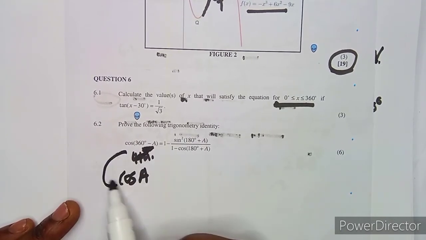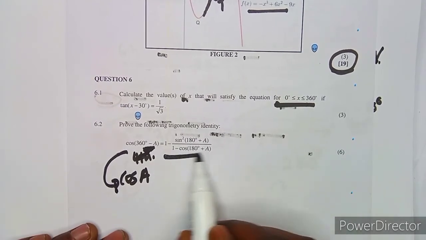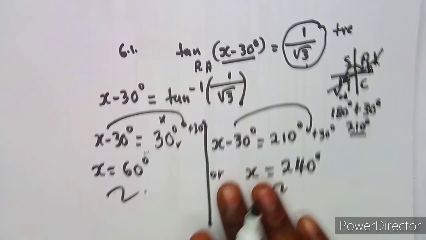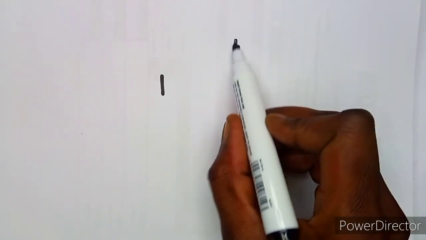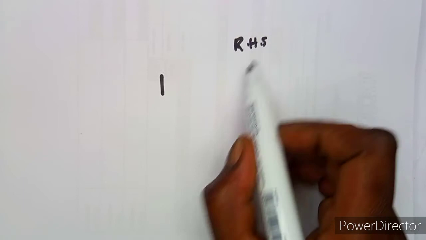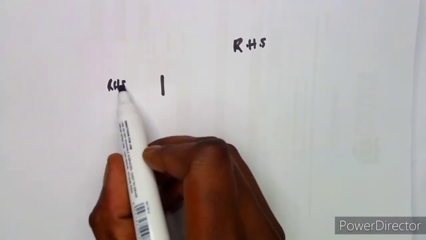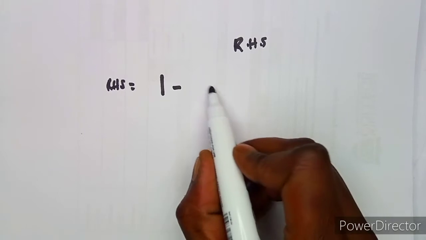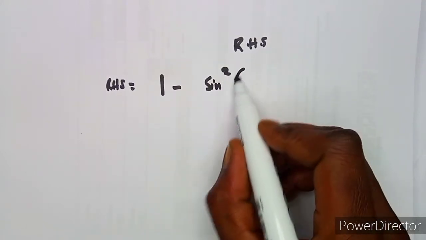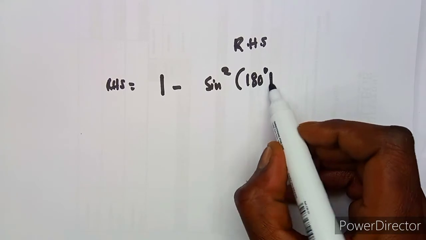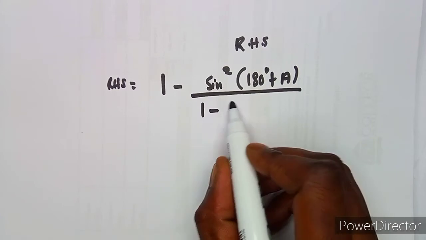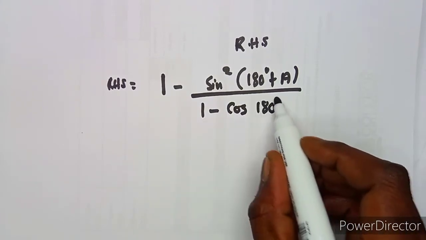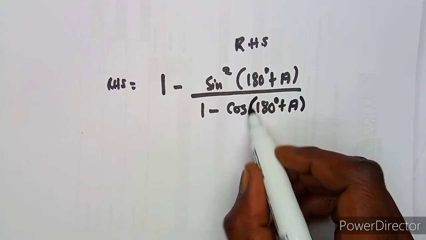Yeah, this one is same as cos a. Okay, anyways, let's work out the right hand side. On the right hand side we are given, so I'm going to work with the right hand side here, (1 minus sine squared of (180 degrees plus a)) over (1 minus cos (180 degrees plus a)), like this. This is what we have. All right,